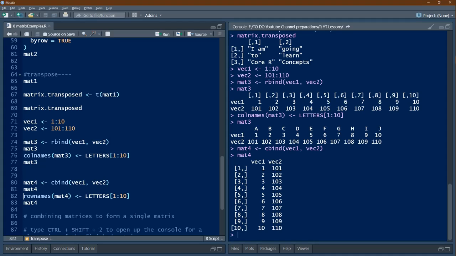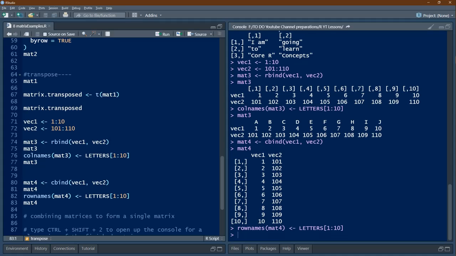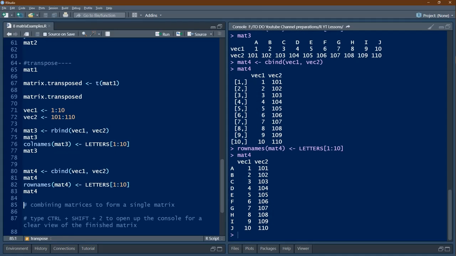Now we can offer row names using the rownames function, the same alphabets. So we give this command now, and we will see how mat4 has become. So we got the row names, and we got the column names, and we got matrix 4.